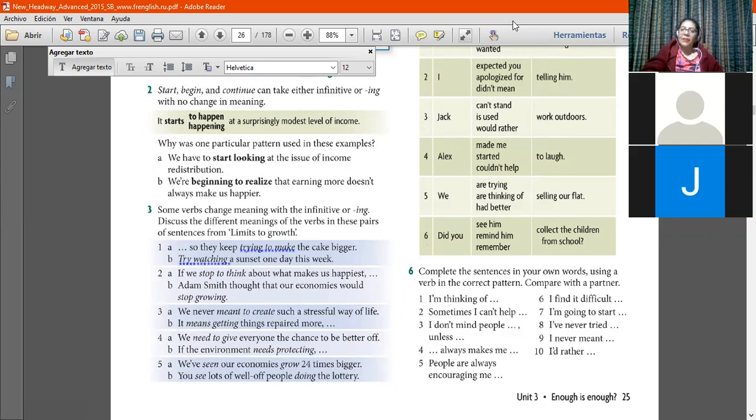And please, I beg, les ruego, please, not to use too much of your translators. I encourage you to think by yourself. So keep this in mind, and it's going to be hard work, because this is maybe the only time that you can practice English. So we need to be more effective in our learning.